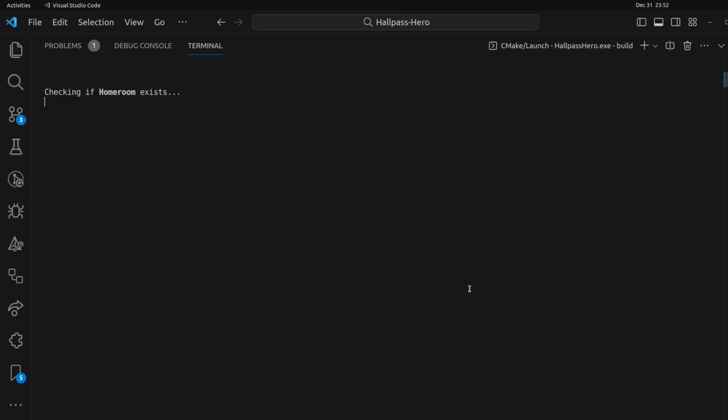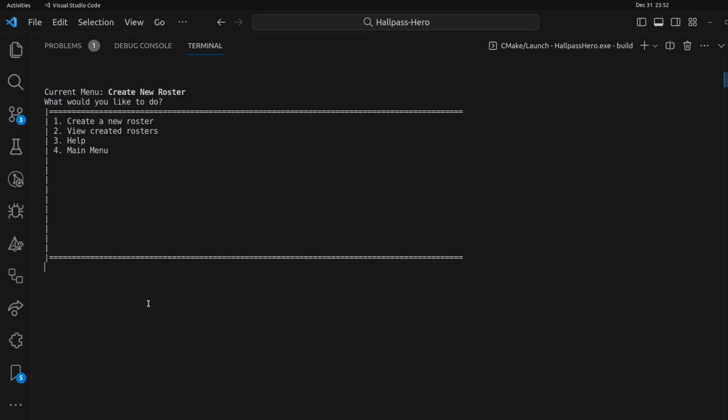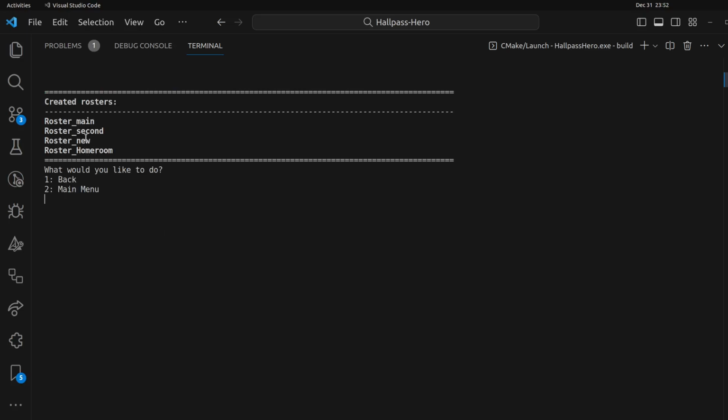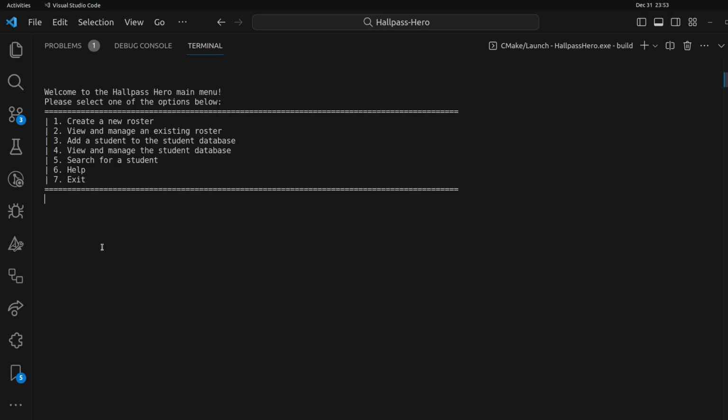Okay. So now it checks if it exists. It does not exist, so it's going to create a one. So now if we view rosters, it shows all of them, roster, homeroom, etc. So go back to the main menu. So we've created a roster. Now let's add a student